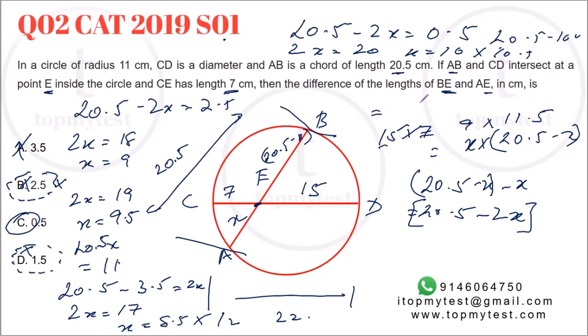Right. You can also try to estimate it using this. 15 into 7 will be equal to 105. 20.5 has to be split into two segments such that the product equals 105. So 10 and 10.5 makes sense. Right. You can do some trial and error and get the answer, roughly about 2.5 minutes in an exam situation. You can use a calculator, whatever works for you. After this, there's going to be some amount of trial and error or solving of an equation. I just solved using the options because I felt like doing it.